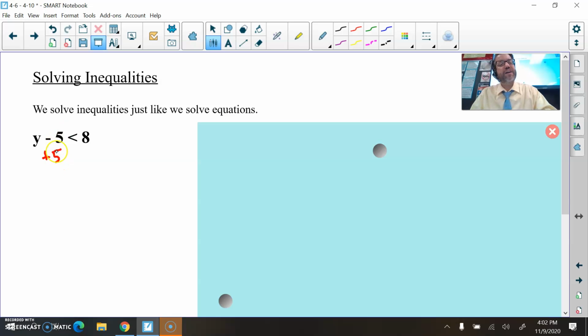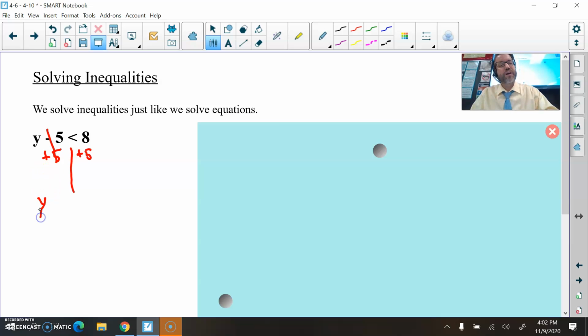But if I add 5 on the left side, it's not in balance anymore. So over on the right, I need to also add 5 to bring it back in balance. And I know that seems kind of weird because it's an inequality, and aren't inequalities by nature unbalanced because the two sides are not equal? Yes, that's true. But again, we treat it the same way when we're solving them. So the minus 5 and the plus 5 undo each other. They cancel each other out. If you subtract 5 from something and then you add 5 to it, you're back where you started with just